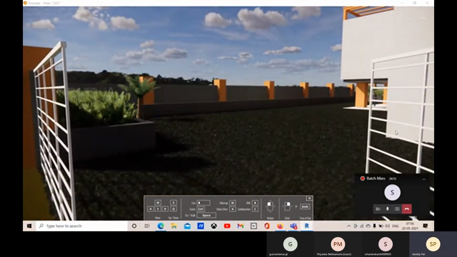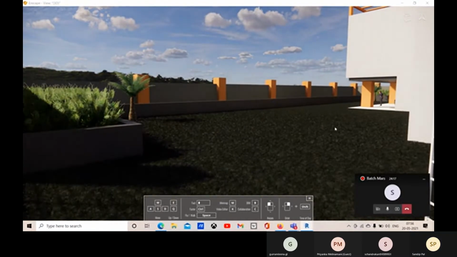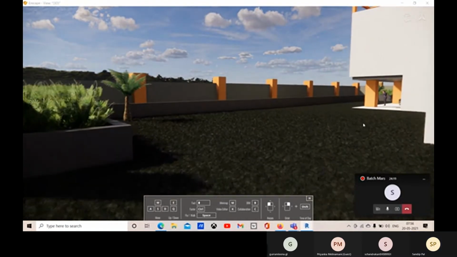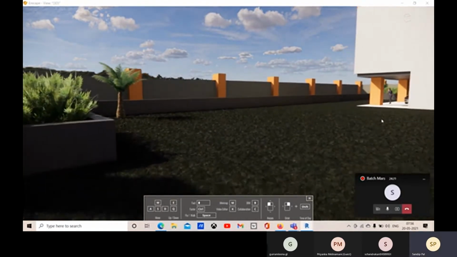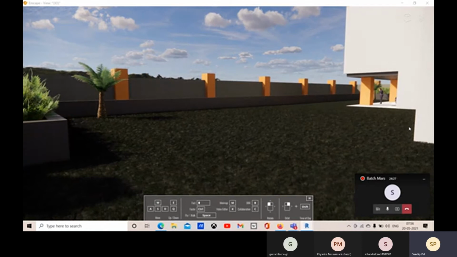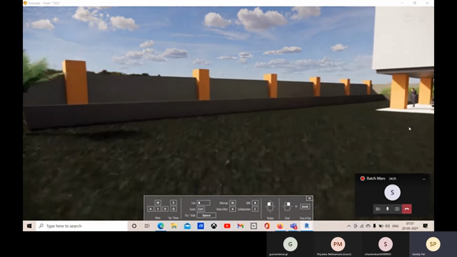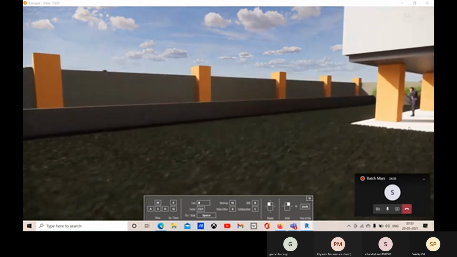Here I will zoom in and press the space bar so that I can come to the walk mode. On this ground, I can walk around. If I want to walk faster, I will hold W and the arrow key.